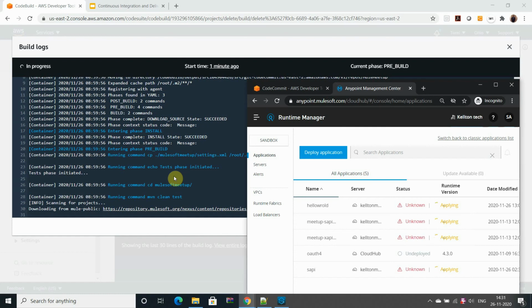It's still in the pre-build stage, still executing and downloading everything. Let's wait for a couple of moments.